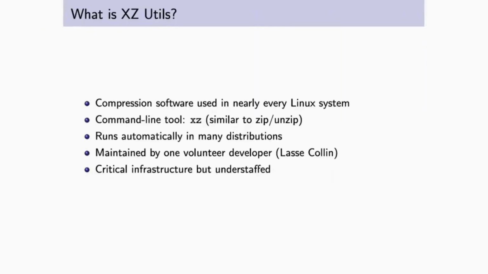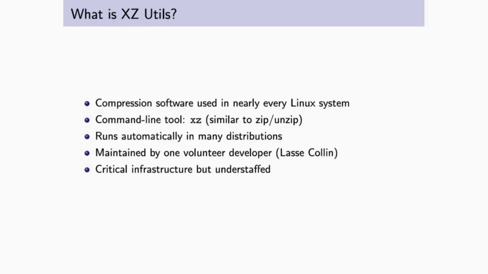Before diving into the attack, let's understand what XZ-utils is. XZ is a compression utility that's installed on virtually every Linux system, similar to how zip works on Windows. When you run commands like tar xf on a modern Linux machine, it's often using XZ compression in the background. It's maintained by Lasse Collin, a single volunteer developer who has been working on it for over a decade. This is critical infrastructure running the internet, yet it's maintained by one person, a common pattern in open-source software that